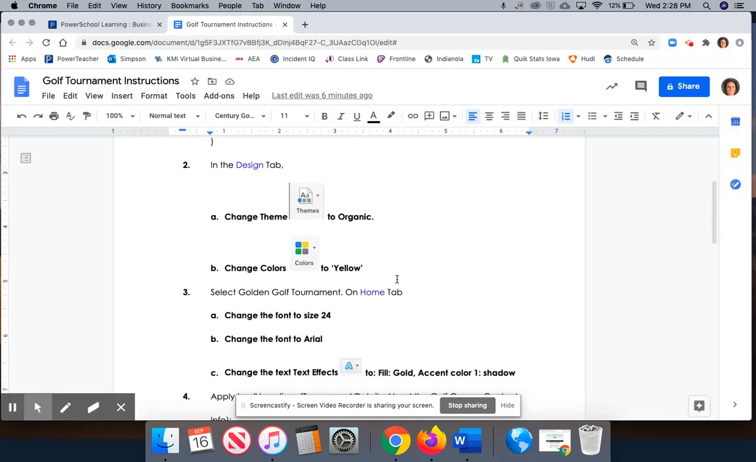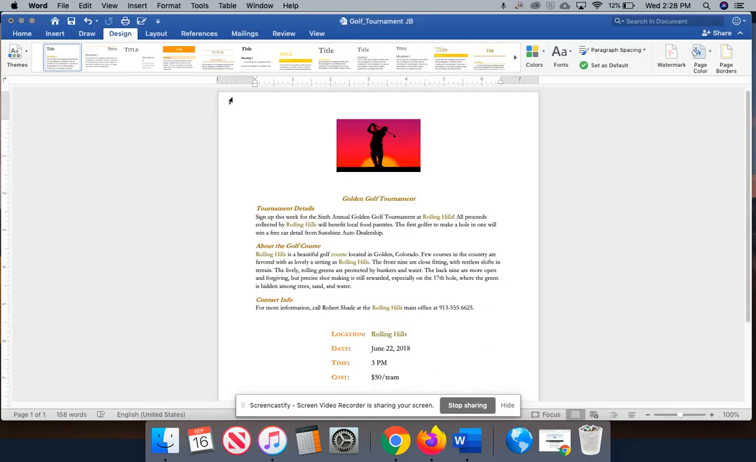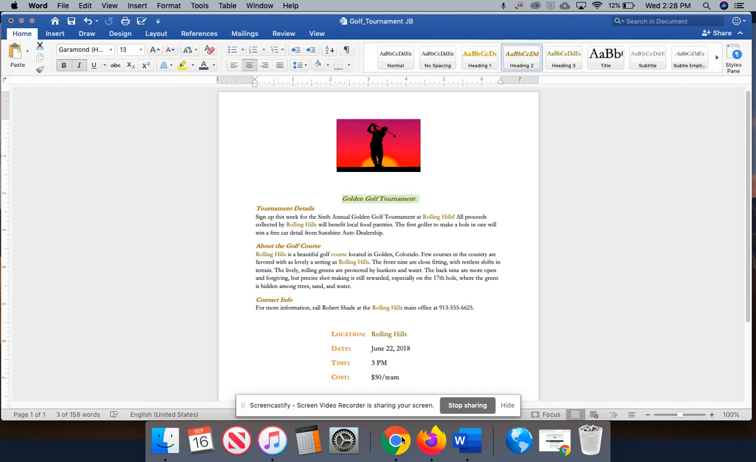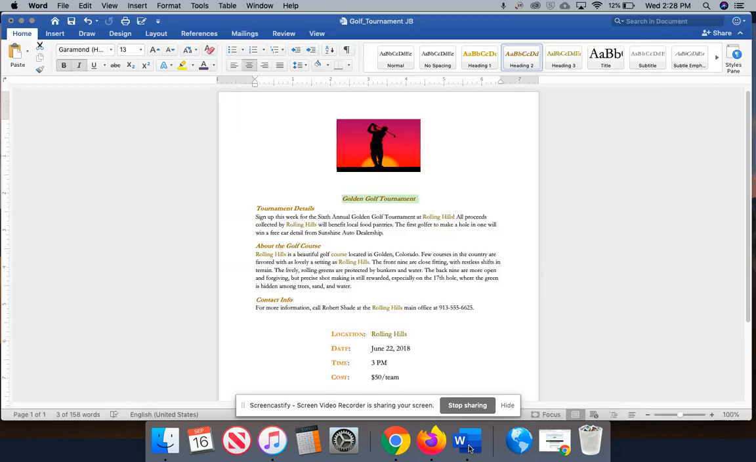Okay, our next instruction says select the Golden Golf Tournament. All right, so I've got Golden Golf Tournament selected, and it says to go to the Home tab. All right, and I'm going to change the font to size 24, the font to Arial, and then I'm going to do something with text effects here. So one thing I wanted to point out, on the Home tab, you have lots of different things right in here that you can